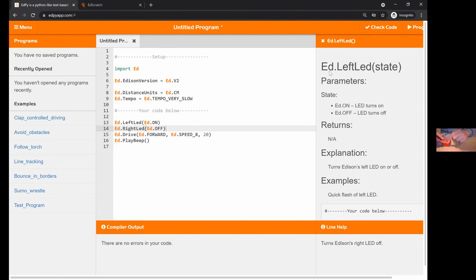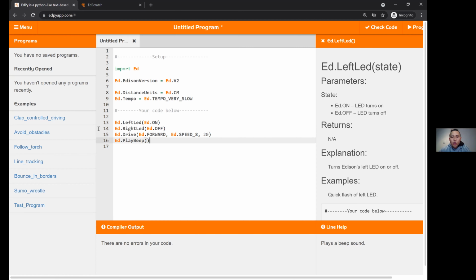So you can see both lights are flashing, but now only the left light will be on. When it runs, only the left light will be on, and then after it finishes, it will flash again. So let's just run this one more time. Here, you drive forward with the left light on, and then when finished, it will make a beep. You'll just go back as normal.